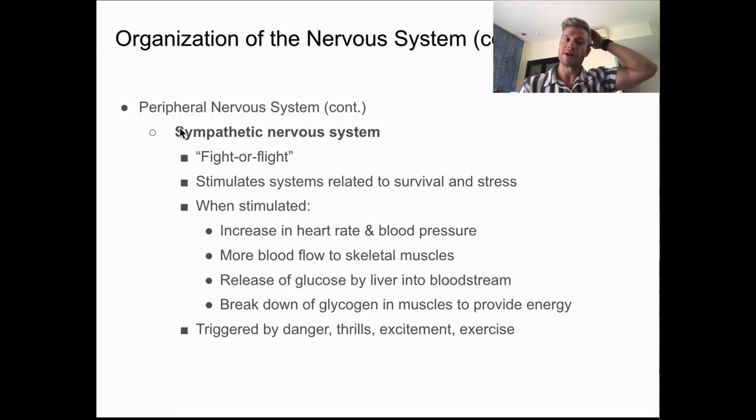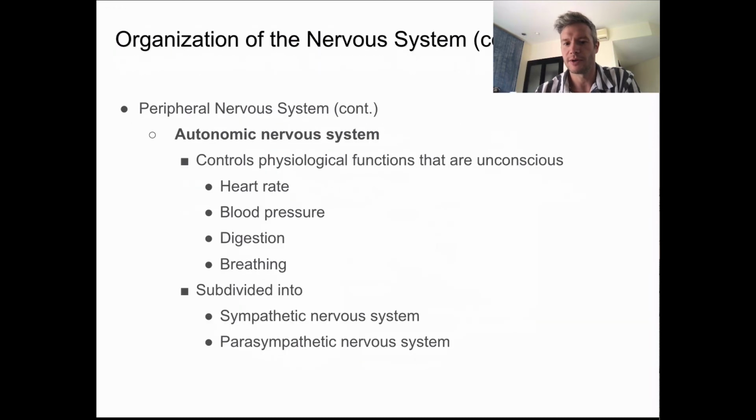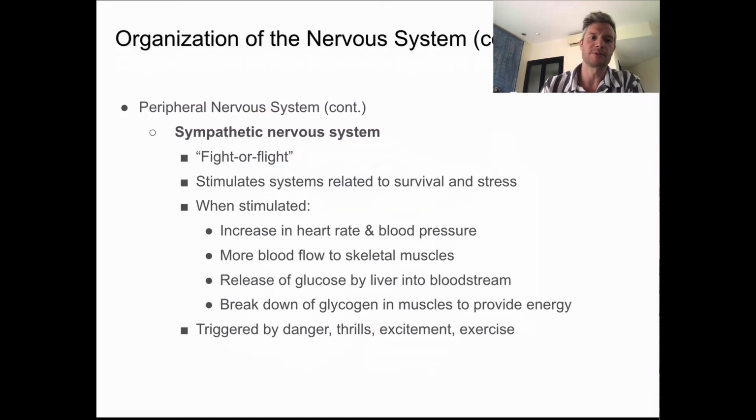So that was our parasympathetic nervous system. Our sympathetic nervous system, again, is our fight or flight, and this is important. This is one subdivision of our peripheral nervous system, or PNS. So sympathetic nervous system, fight or flight, stimulated when you want to survive the situation, or if there's something stressful,